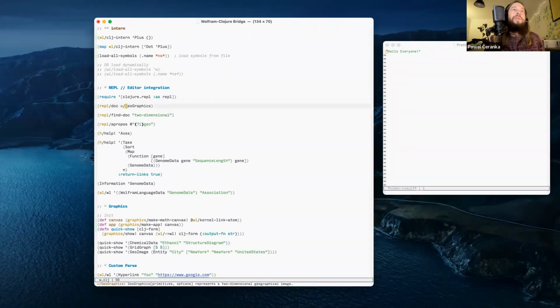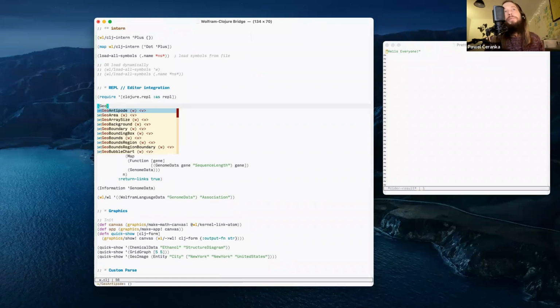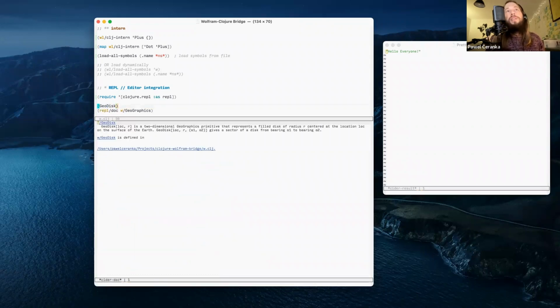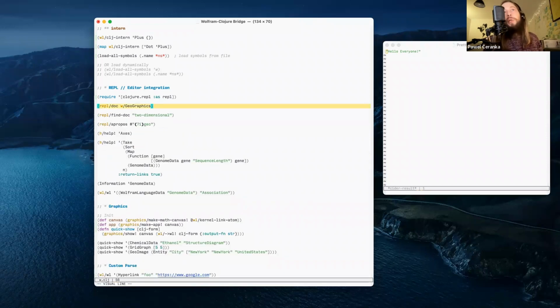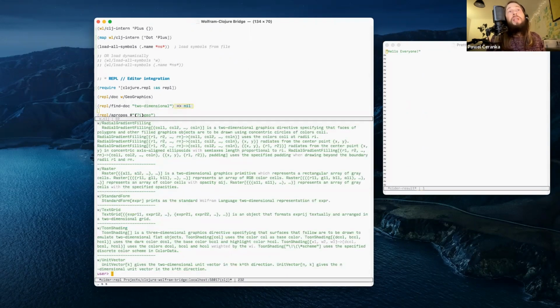And if I just type in something, I get auto-completion because those are all the symbols that have been entered in this namespace. So I can say, oh, what is this? And just use my normal keyboard mappings for getting doc strings into my text editor. I'm just showing the underlying technology that's doing that. Another cool thing is we can search through the doc strings this way.